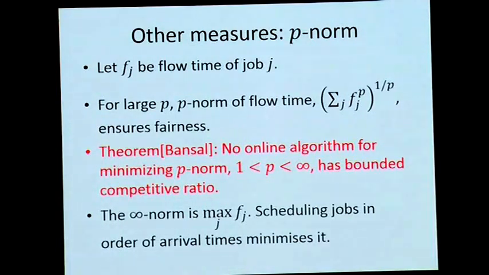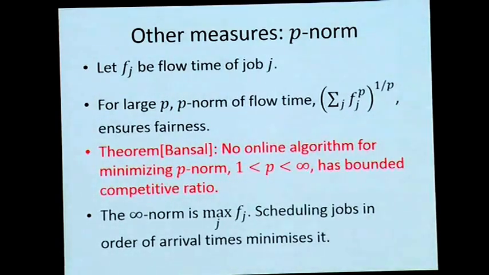We have the response time of the first job, the response time of the second job, the response time of the third job. We really have a vector of response times. And I want a single scalar as an objective. And I'm mapping this vector. I'm saying, okay, let me sum up the entries of this vector. That's the total. Right? I'm calling that the total response time or the total flow time. I'm trying to minimize that.